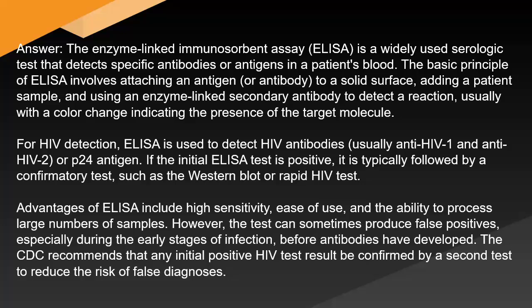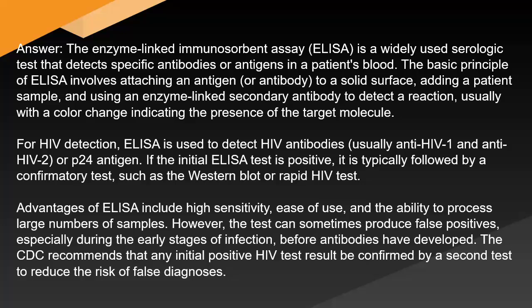If the initial ELISA test is positive, it is typically followed by a confirmatory test, such as the Western blot or rapid HIV test. Advantages of ELISA include high sensitivity, ease of use, and the ability to process large numbers of samples. However, the test can sometimes produce false positives, especially during the early stages of infection before antibodies have developed. The CDC recommends that any initial positive HIV test result be confirmed by a second test to reduce the risk